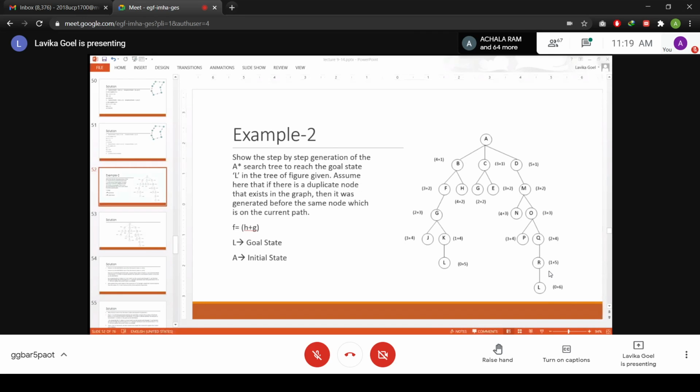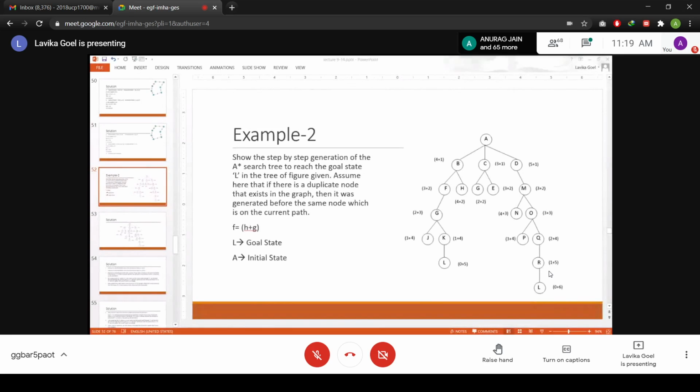But for the sake of explaining how to work with duplicate nodes, I'm taking this assumption that if there is a node which is already existing in the graph given to you, then you assume that it is already generated. So don't worry about how we are maintaining the open and closed list in this example.